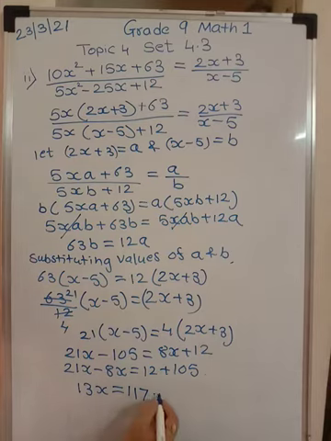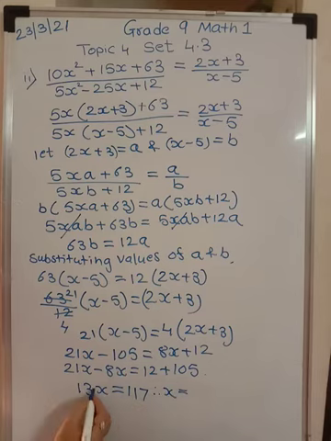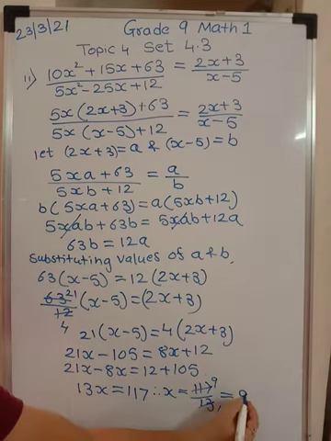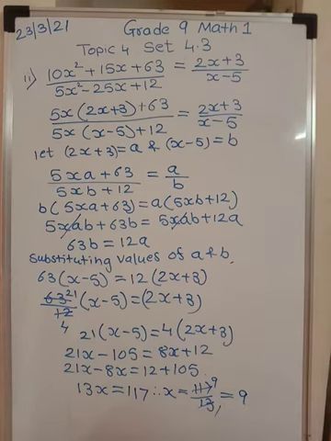Therefore, x will be, here it is multiplication, so it will be division, 117 upon 13, which is equal to, we know that 13 9s are 117, so x will be equal to 9. Okay, so x is equal to 9 is the solution of the problem. Is this clear? Therefore, we can write x is equal to 9 is the solution. Please write it. I hope it is clear. You can pause the video and take it down.